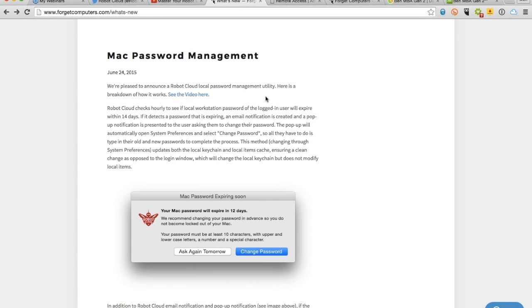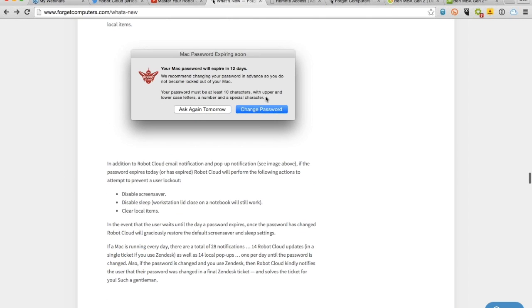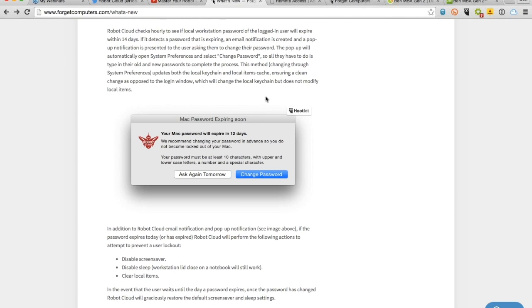Okay, Mac password management. This was a big one because we don't use directory services in many cases. We're not using Active Directory. I mean, some of our locations do, but a lot of them do not. We had a client with no directory service, but they had legal requirements to have a password policy on their Mac. Chad, you worked very hard on this, right, to create a pretty fancy password policy